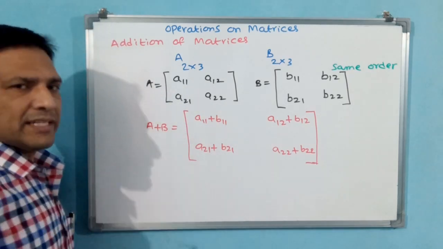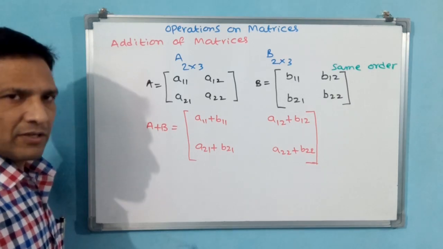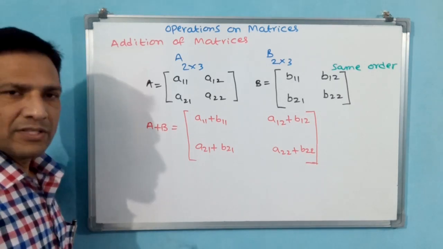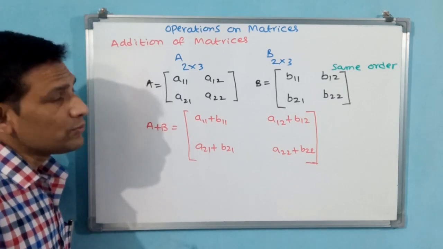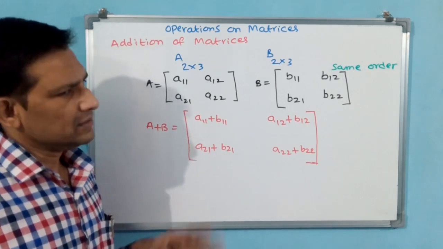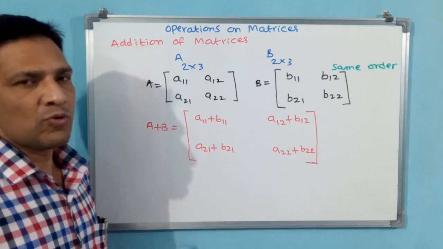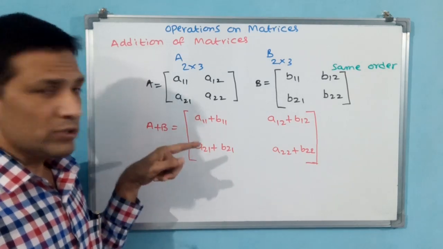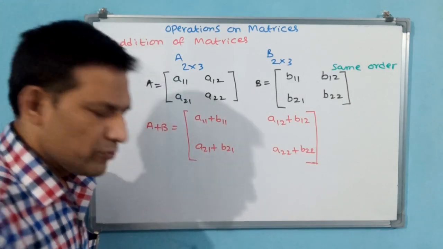Let us take one simple example for addition. Then we go for the next concept. Why? Because we have to see properties of addition of matrices. But unless you see scalar multiplication and negative matrix, we are unable to understand the properties. That is why the remaining two concepts we have to see, but we will take these concepts also after one example. This is theory. Practically also we take one example.